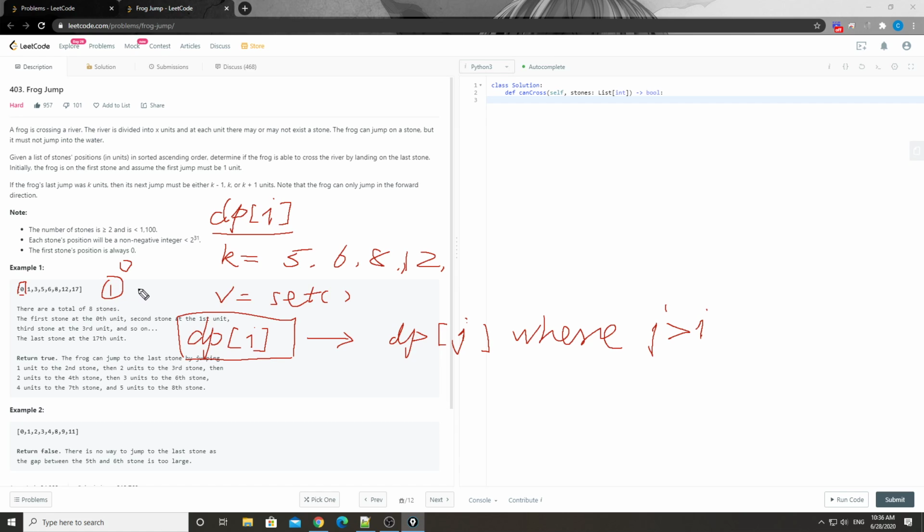And then how about the second one? And then the next jump will be 1 or 2, right? 0 means nothing. There has to be a jump, otherwise it doesn't make sense, right? Has to be 1 and 2. How about this jump? Still 1, 2, and 3, right? So every time when we see this dp[i] here, we already